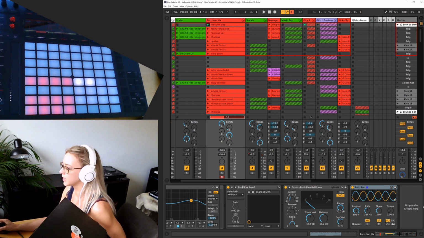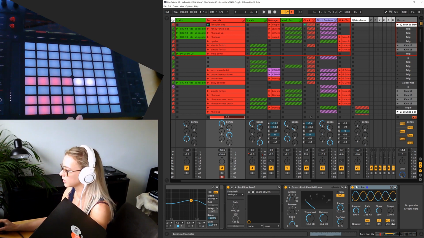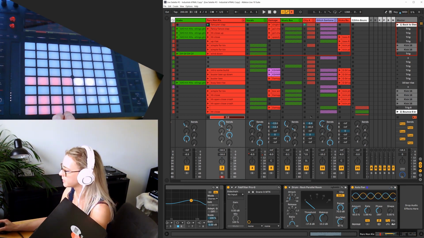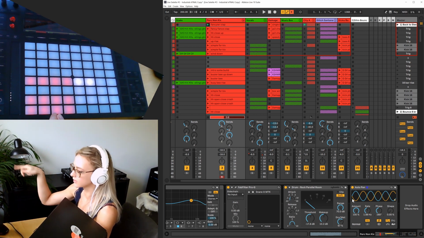But because I want my little percussive elements and my sound effects to have a little more movement, I put in an auto pan, and this means I don't have to apply it to the whole drum rack. I can choose how much of the panning I want, so it's from 0 to completely. I can change the phase, so if it's 180 degrees, nothing is going to throw itself off because the waveforms